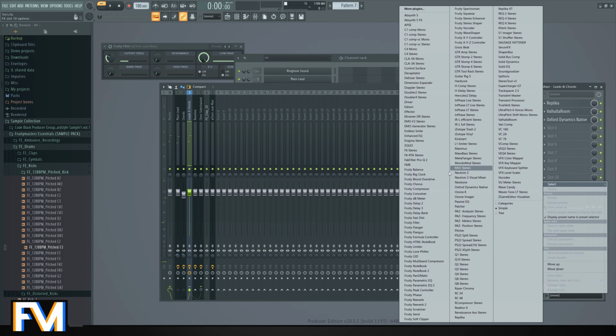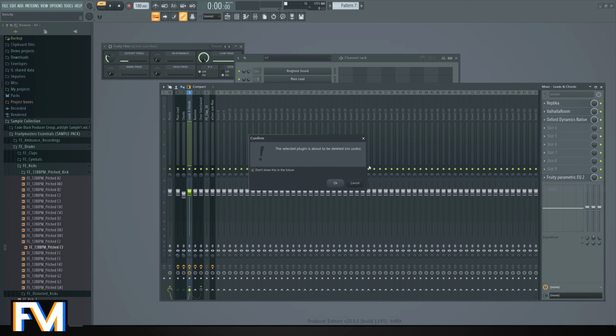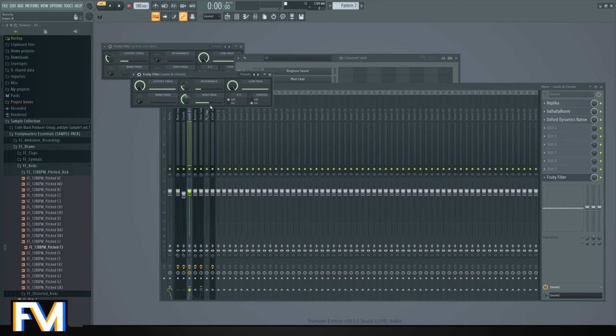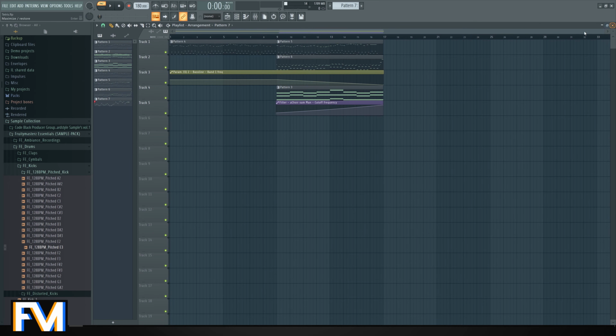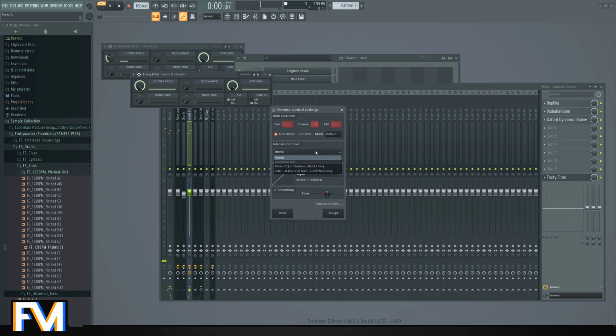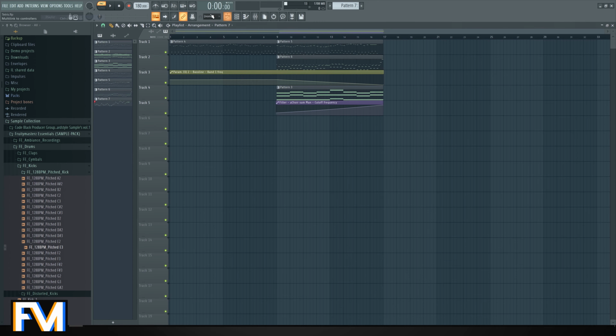And let's also give it this EQ thing. No, let's give this one a filter. And let's also link it to this one over here. Don't link too much, it might give you some trouble in the end, but there we go.